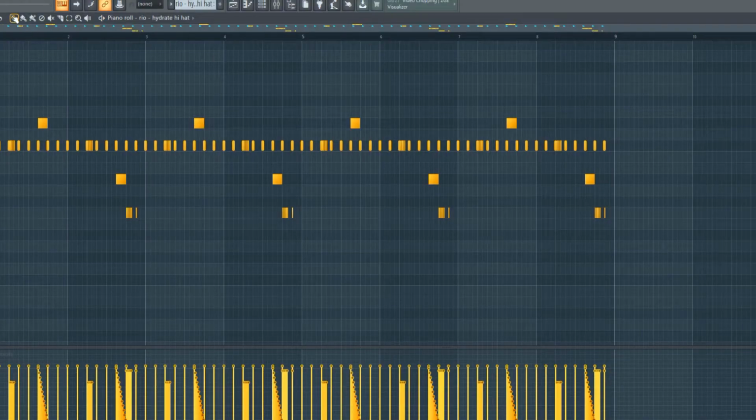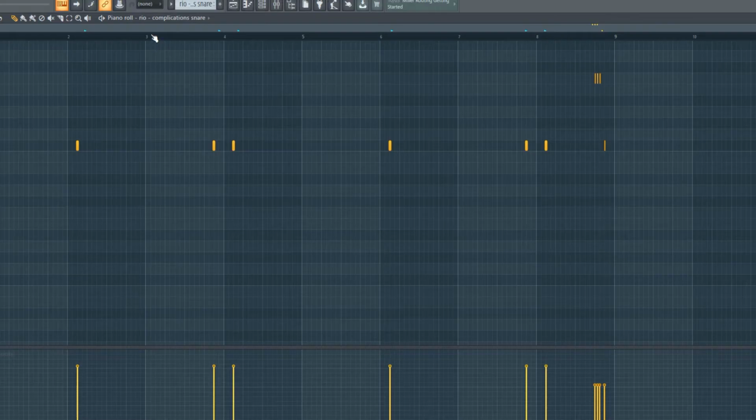Yeah, as you could probably tell, it's just the same 2-bar pattern repeating over 8 bars, but just ignore that. It's still fire. Okay, then we have a snare for bounce, and it is just literally a normal snare pattern,